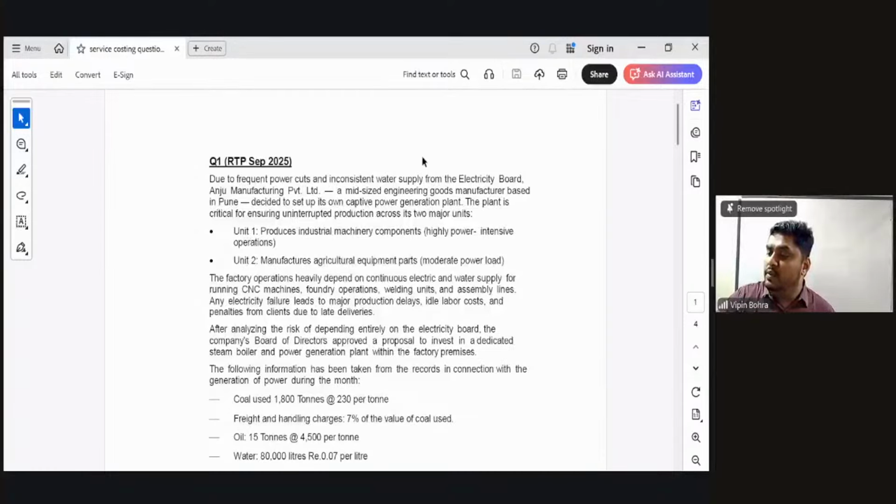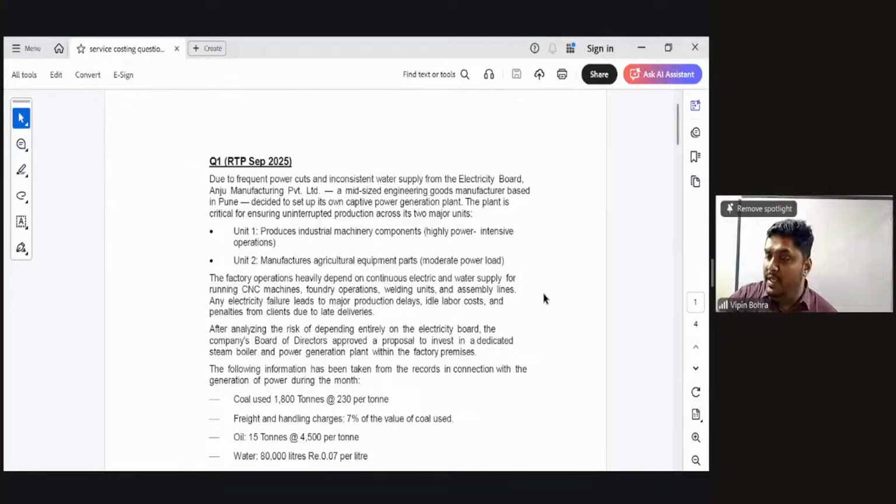and inconsistent water supply from the electricity board, Anju Manufacturing Private Limited, a mid-size engineering goods manufacturer based in Pune, decided to set up its own captive power generation plant. The plant is critical for ensuring uninterrupted production across its two major units,